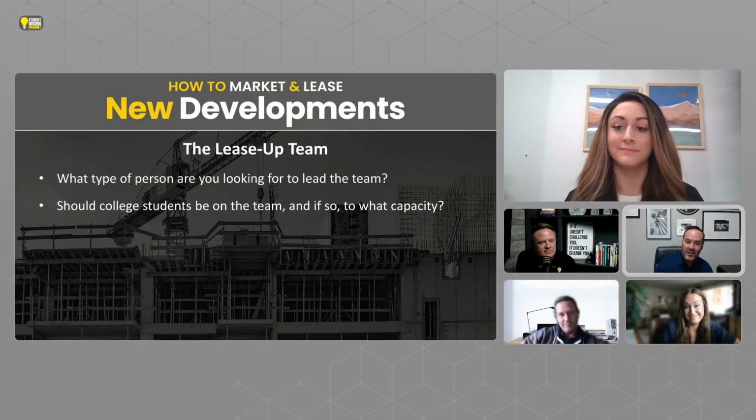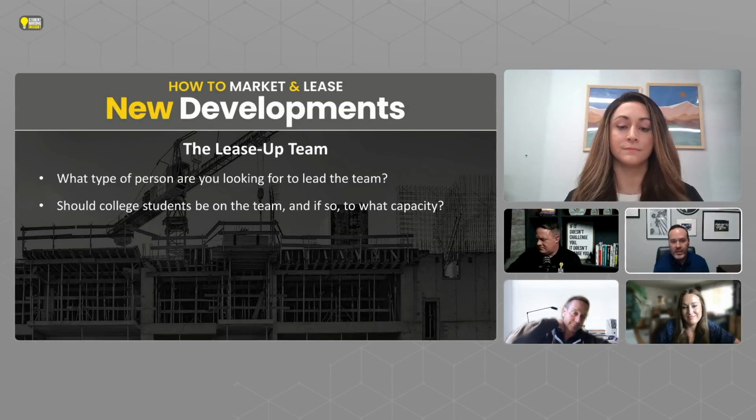Yes, I think college students should be on the team. I think to what capacity can vary. I think you want to consider what are the strengths and weaknesses of your full-time management team. And then ideally, for your college student team, you have a blend of strengths. Try to get some people that are really great on the sales floor and can do a great job with prospect follow-ups, but also try to have a couple of people that are going to do a great job at marketing